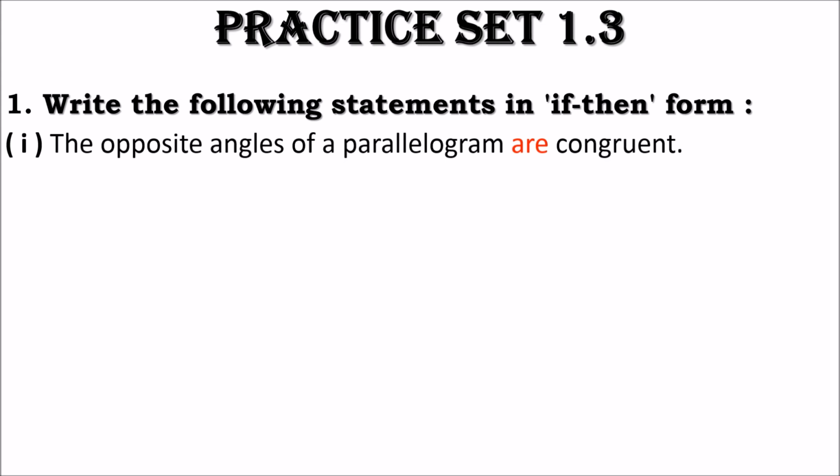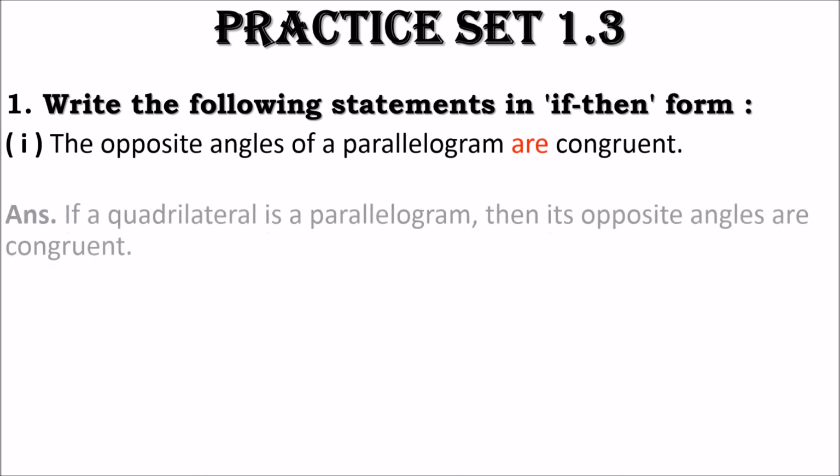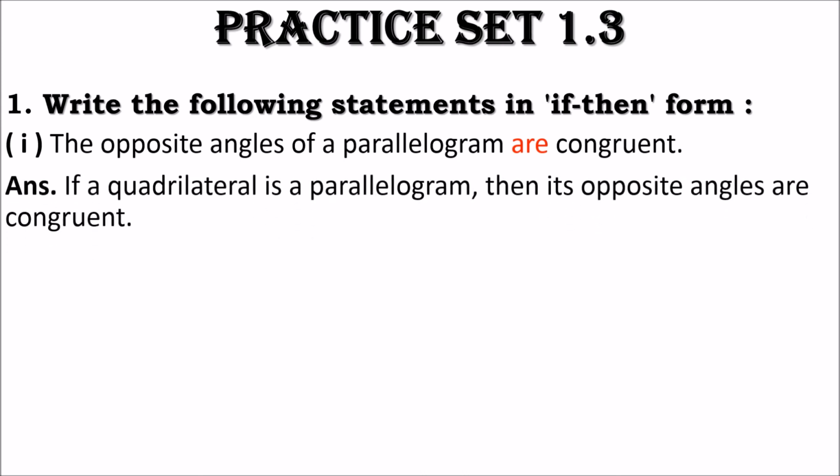So what is left now other than this? Parallelogram. So parallelogram is the antecedent of this statement, meaning this will follow the word if. So let's see here. If a quadrilateral is a parallelogram, then its opposite angles are congruent,